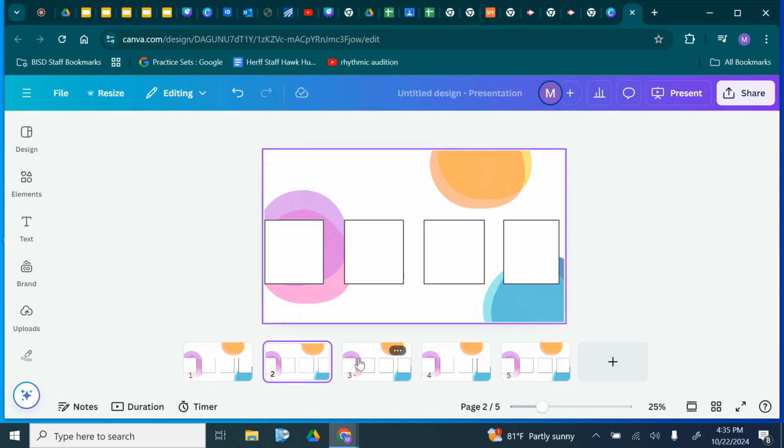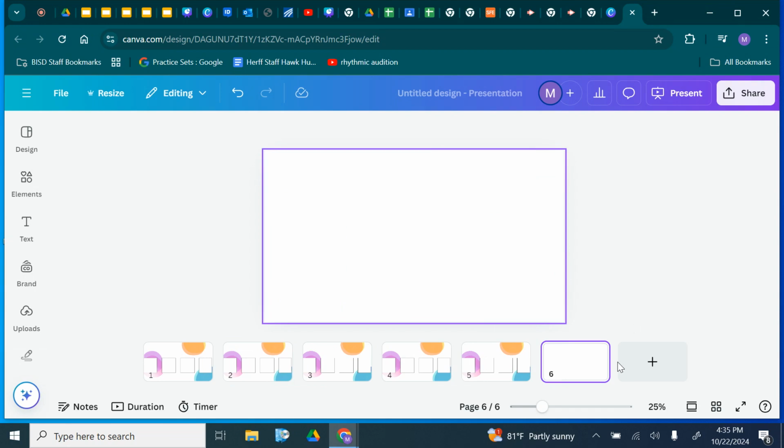Going to create a rhythm bank to use my rhythm patterns in later. So after I've done all 10, let's just pretend that this was my 10th slide. I'm going to come right here and I am going to just simply add a page. This blank page is just going to be a page where I can paste the rhythm patterns that I need